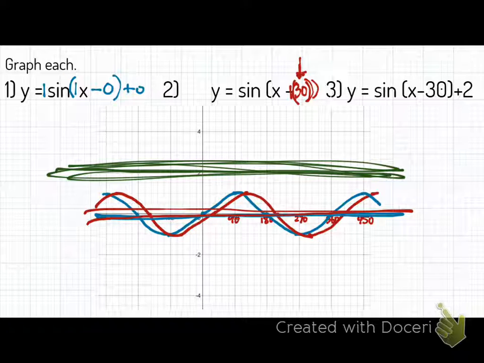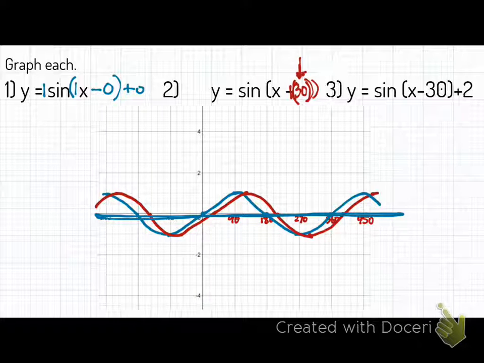Okay, so we're going to start off with, oh, by the way, what's similar on number 3 that's similar on number 2? They both have 30. So what I'm going to do is I'm going to pretend I know that. I'm going to start off with the red graph we made on number 2, and I'm going to use those points to help me move up, okay? So all I'm doing now is I'm going to